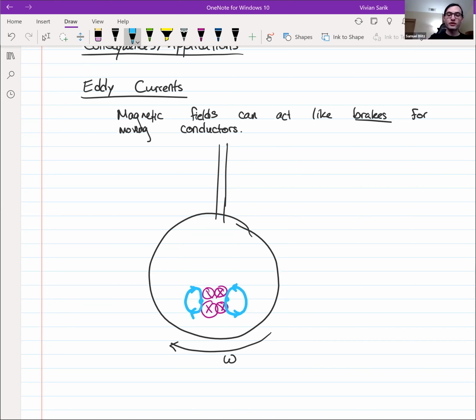So there will be a whole bunch of charges inside the magnetic field that are circulating this way. So you'll have charges on the right half of the magnetic field will circulate clockwise or counterclockwise. Charges on the left half will circulate clockwise. So now the question is, what force do these magnetic fields, or what force do these